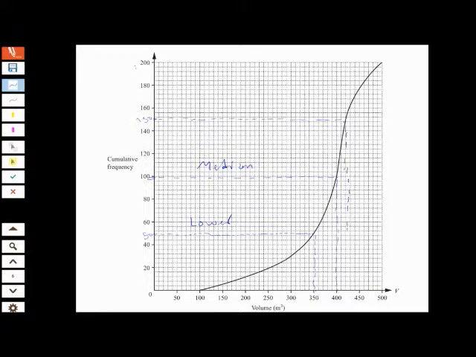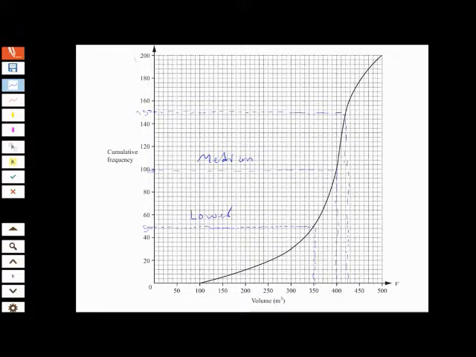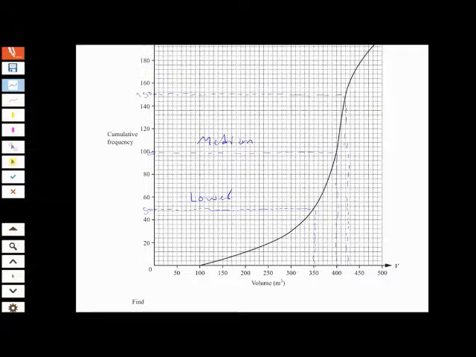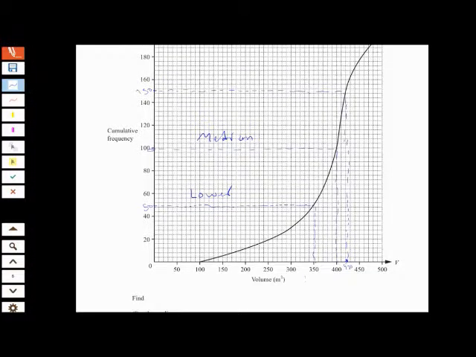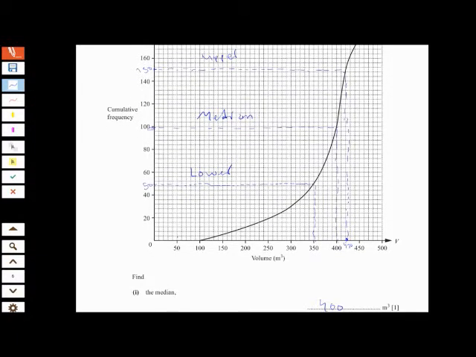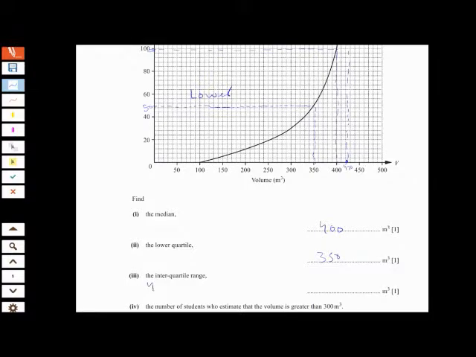You guys do it with the ruler, of course. And that would equal 420. So it should actually be right here. Okay, 420. This is the upper quartile, which is 420, minus the lower quartile, which is 350, and you get your answer, which is 70